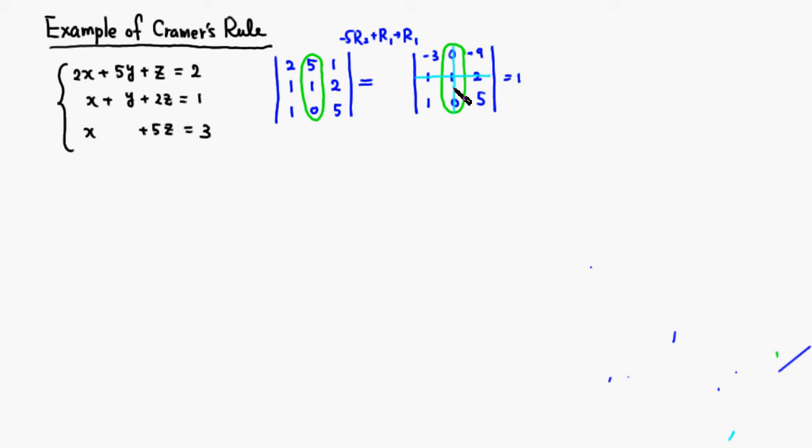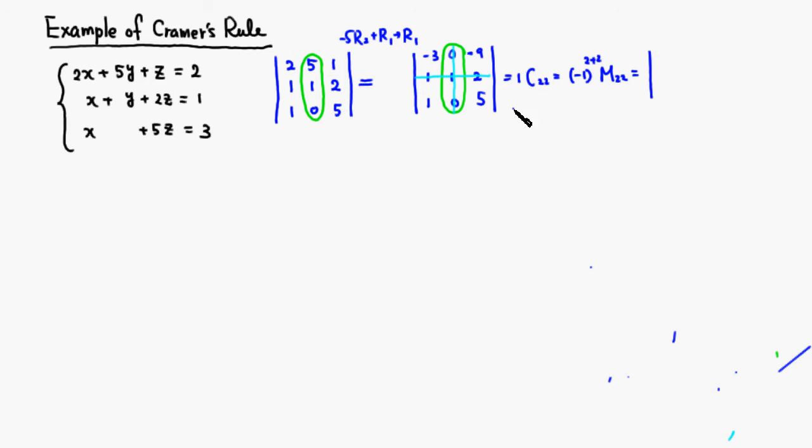Since this is the second row, second column, maybe I'll write the cofactor C22, which is going to be 1. So it's going to be -1 to the 2 plus 2 times the minor,